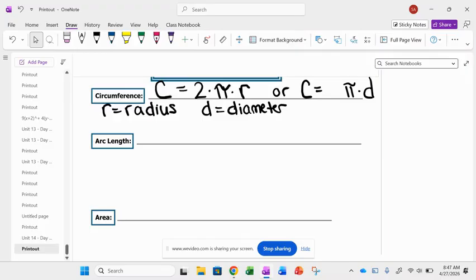So here, if I have arc AB, I want to find not how long the whole circle is, I want to find how long just the arc AB is. Well, it's not a segment, right? If I say arc AB is 20 degrees, that's not telling me how long it is. That's telling me the measure of its degrees. So if I wanted to find how long just the arc AB is, there's a special formula we're going to use. And that special formula is going to be the arc degree